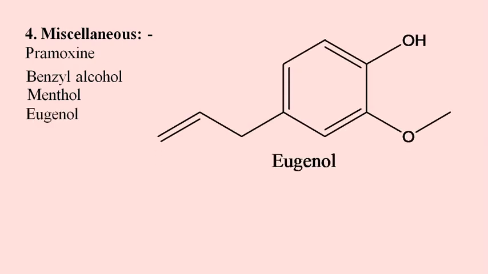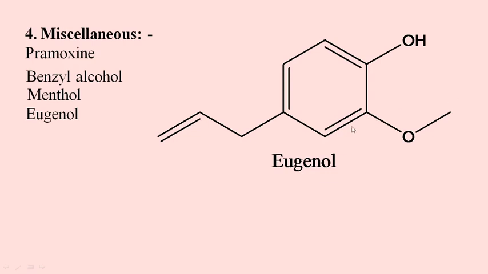Next we have eugenol. You might have heard it previously. It is obtained majorly from clove oil. Clove oil's major constituent, or around 70% constituent of clove oil, is eugenol. Its IUPAC name is 4-allyl 2-methoxyphenol. So of this phenol, this is position number 1, this is 2. At position number 2 you can see this is a methyl. If nothing is written here and this is just a straight line, this is a methyl group. Okay, and here it is oxygen, so methylene oxygen, methoxy. This is a methoxy group.